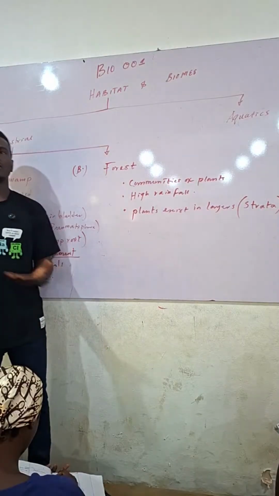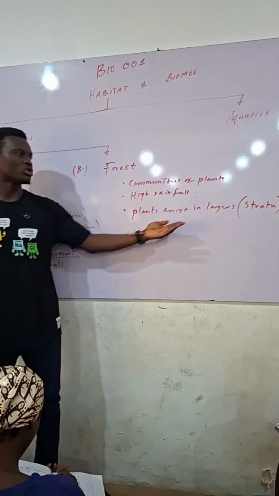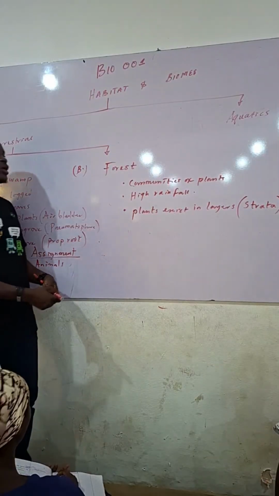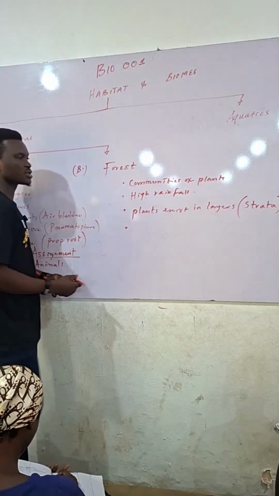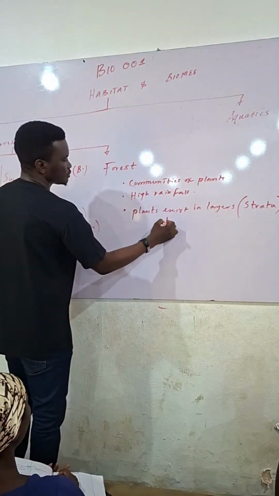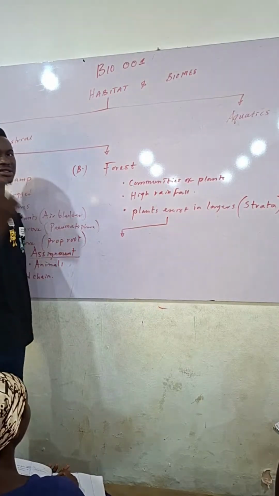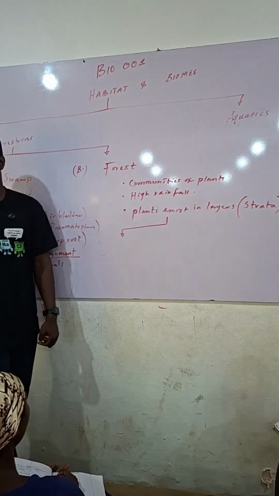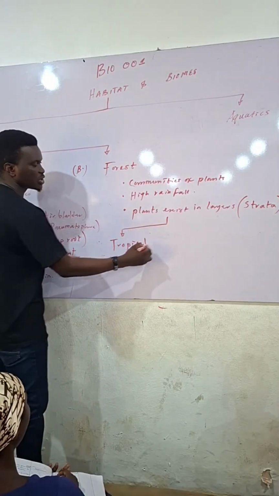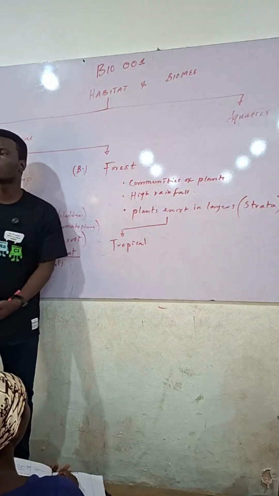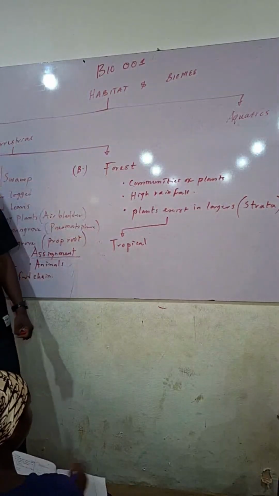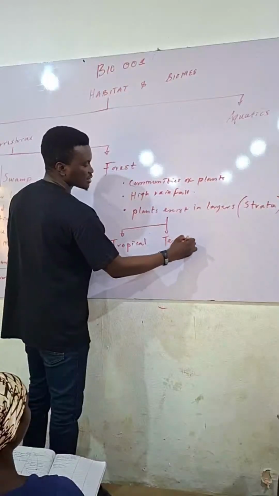Right? I hope you still remember them. So I told you about the 5 different layers we have in the forests. And one of the things you need to know about, let me use another random talk for that. For the forests, we have 3 types of forests majorly. The one we have in Nigeria, the local biome that we talked about the last time, was the tropical rainforest. So we have the tropical rainforest, we have the temperate forests,